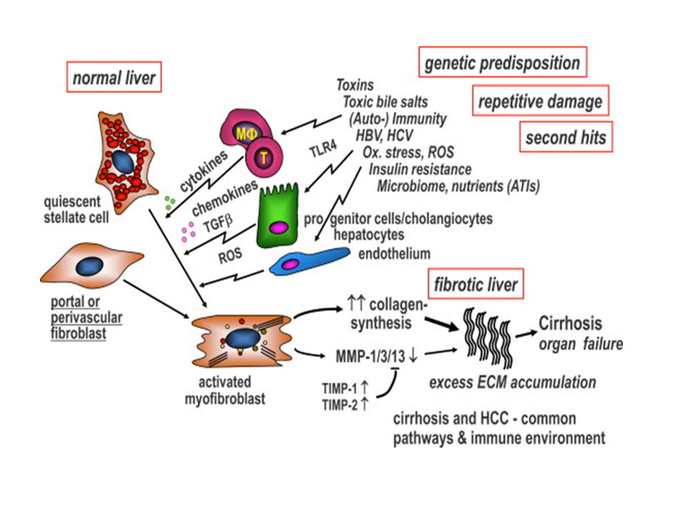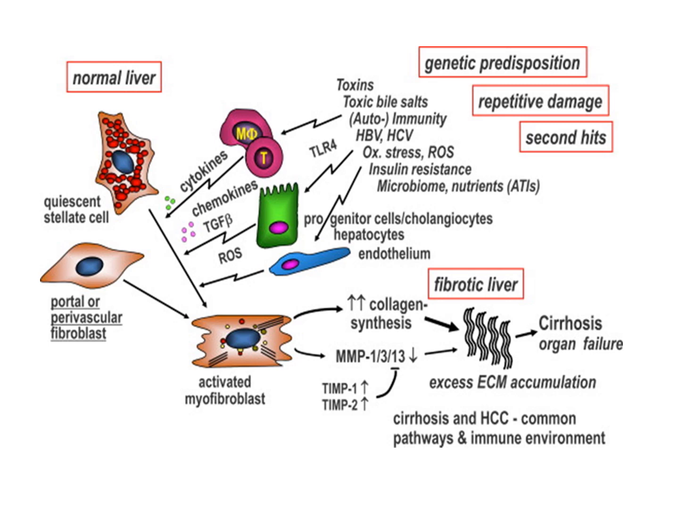The pathologic pathway is as follows. In genetic predisposition and in the presence of repetitive damage, whether by toxins, toxic bile salts, autoimmune disease, viral hepatitis, especially hepatitis B and C, oxidative stress, insulin resistance, and so on, inflammatory cells inside the liver, like macrophages and T lymphocytes, will release cytokines and chemokines, with transforming growth factor beta and reactive oxygen species. All these inflammatory mediators will